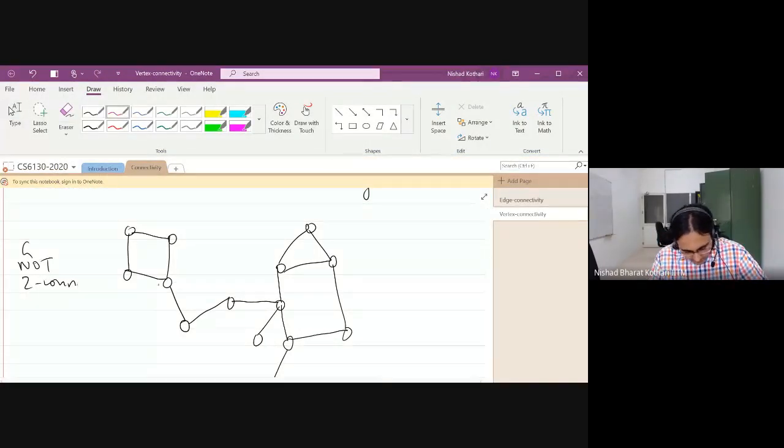Good. So one of them is here. Actually, let me not use red color. I want to use something else. Okay, I'll just paint them black. So this is one black vertex. This is a cut vertex. This is a cut vertex. This one is a cut vertex. And this one is a cut vertex. Okay.